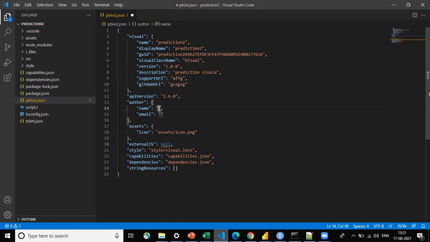For your name, if you want to give your name, you can give your name and email also, but these are just mandatory. You just need to give some random strings. You just need to save this. After saving this,